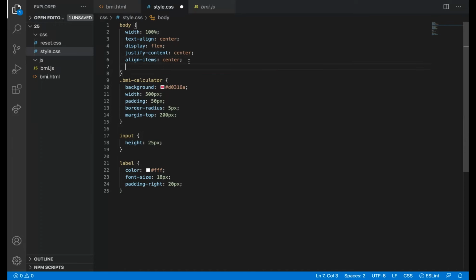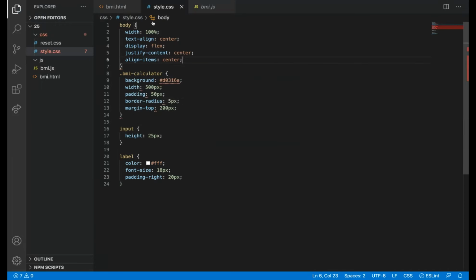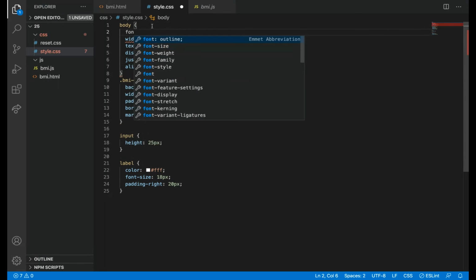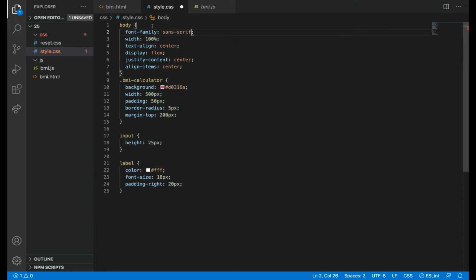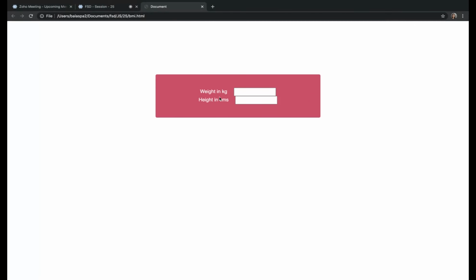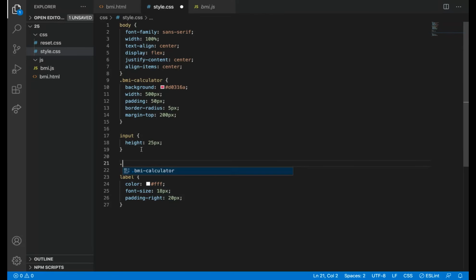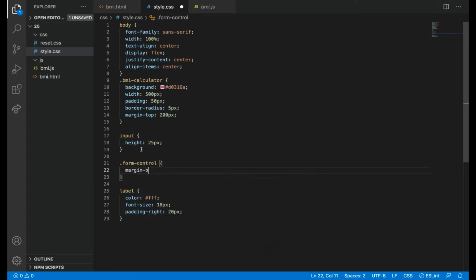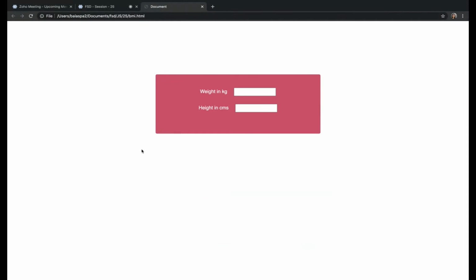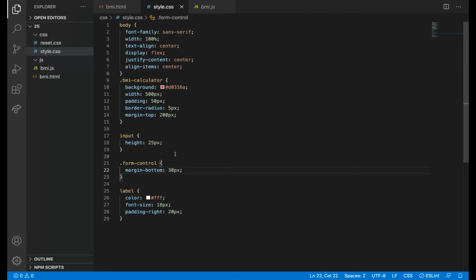Font family I'll give sans-serif. Fine. For the form-control class I have added, which is common for both inputs, I want some margin bottom, 30 pixel. 30 pixel will be enough.